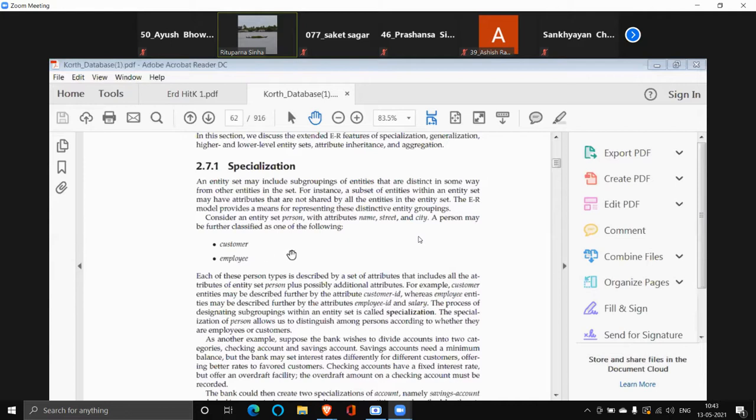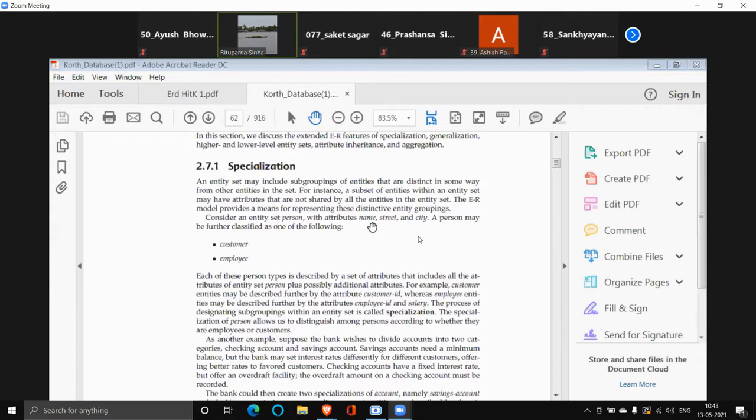Now, customer will have all the features that a person has, or will have all the attributes that the person has. Similarly, employee will also have all the attributes that the person has. These are the common attributes. Other than these, customer will have some special attributes of its own, which will not belong to the employee. Employee will also have special attributes of its own, which are only specific to employees, not customer.